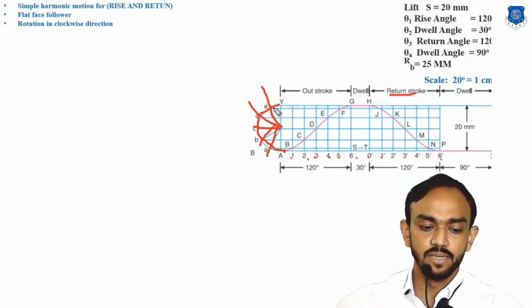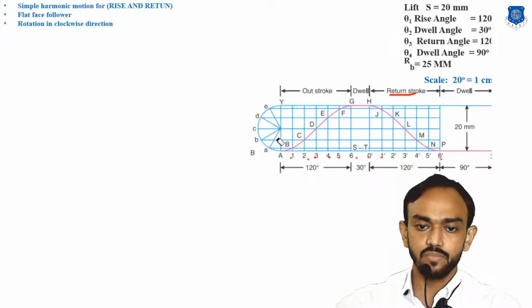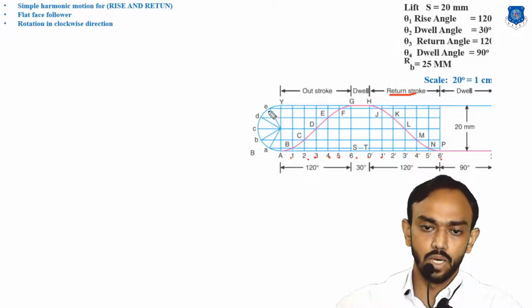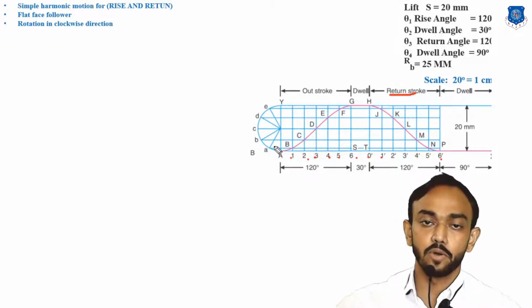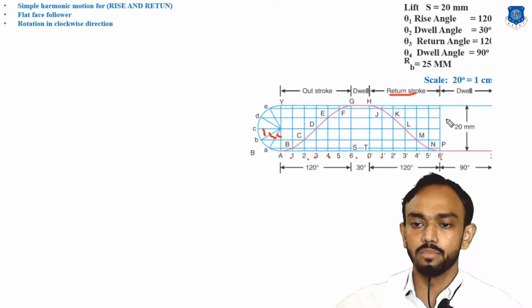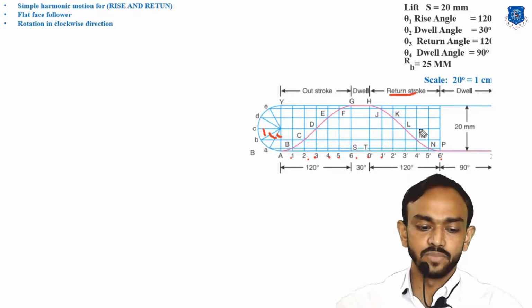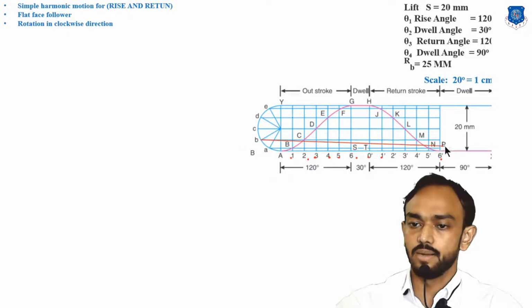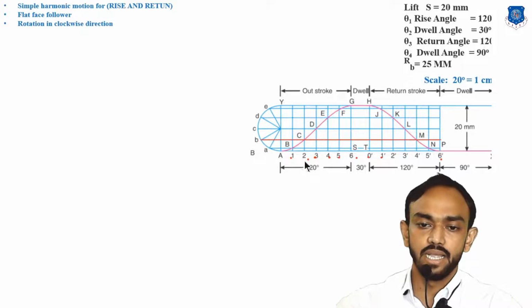6 parts means there will be a total of 120 degrees there. Using a protractor, you will divide this 30 degree portion, 30, 30, 30, all 6, and extend these lines up to the end of the return. Extend these lines up to the end of the return, and wherever they intersect the vertical lines,